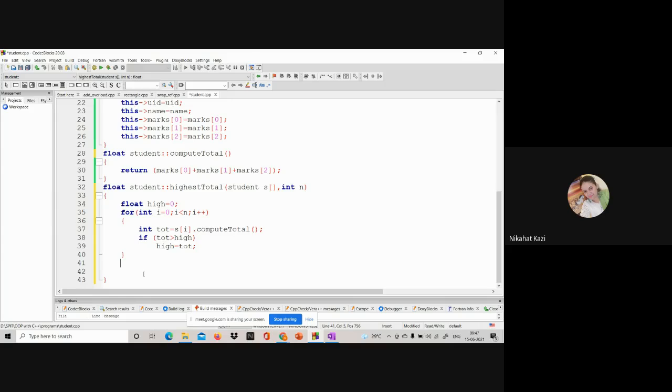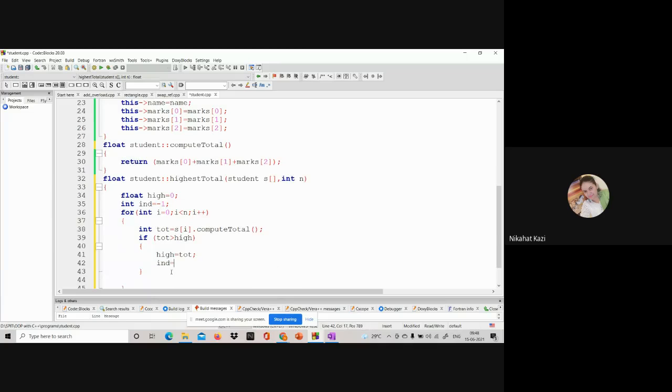Store the value of I. So what we will do is, so I say, correct? So now I have the index also.